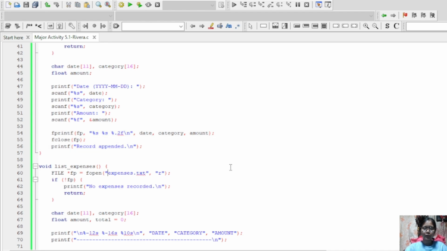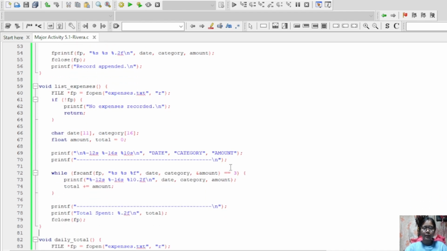For this next part, this is the function to list the expenses. This function lists all expense records. I open the file in read mode. If the file doesn't exist yet or can't be opened, I print a message and stop.